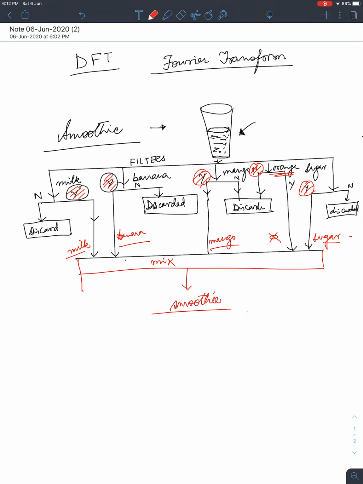So this breaking it into the different parts is actually Fourier transform, and since in this case the droplets are discrete, it's discrete Fourier transform, but this is basically Fourier transform. And this remaking it is actually inverse Fourier transform, and we should get back the same characteristics of what we originally had.